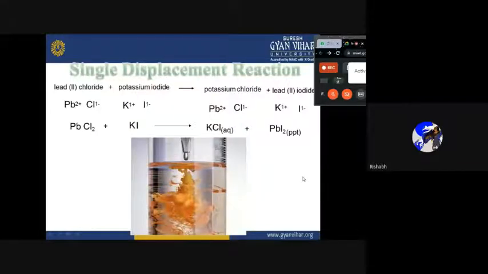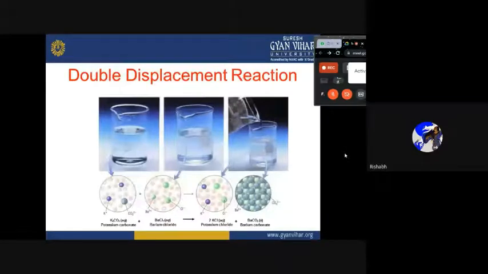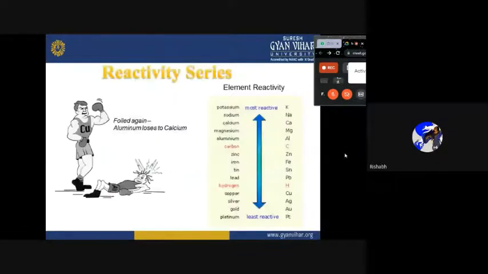So these are examples of a displacement reaction. We have got lead chloride, PbCl2, plus potassium iodide, KI. When they are reacting, Pb is replacing K, so it is becoming KCl, and K is replacing Pb, so it is becoming PbI2. Similarly, this example goes,